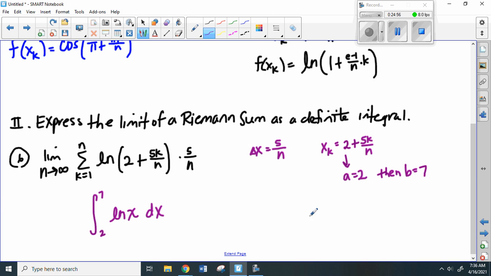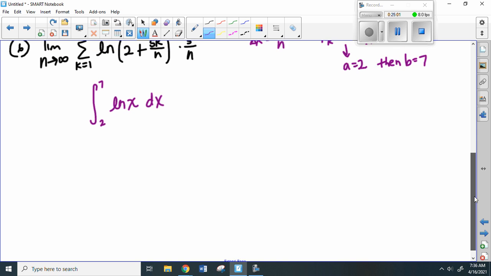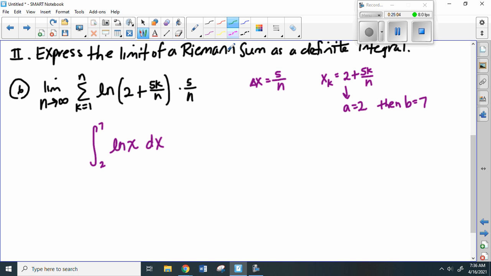Now there actually is another way to do this problem, and I want to show you. If you just decide that all of the integrals start at 0, a is 0, then b would be 5, so that b minus a is still 5. But if I say that, then when I think about the formula for x sub k, where it's a plus delta x times k,